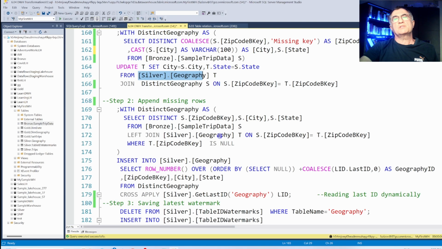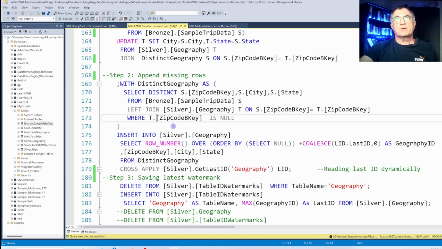So here I am using a similar technique with a common table expression. What's different here is that I join the source table against my destination table using a left join to identify which rows are missing from the destination. Notice that I have filters for a null condition from the destination table. All right, now that I have described the transformations within the common table expression,